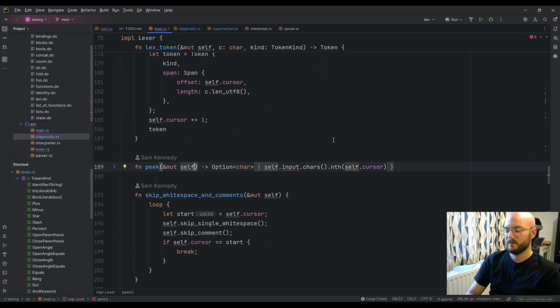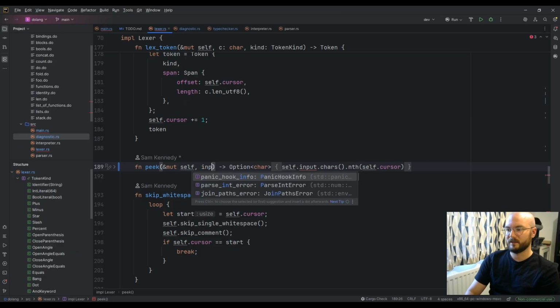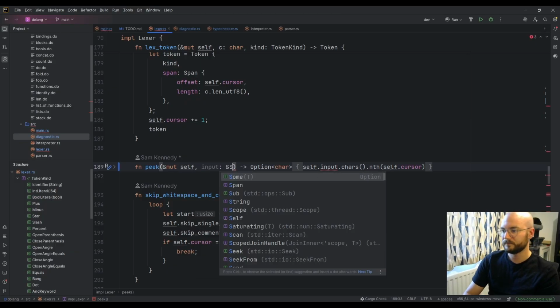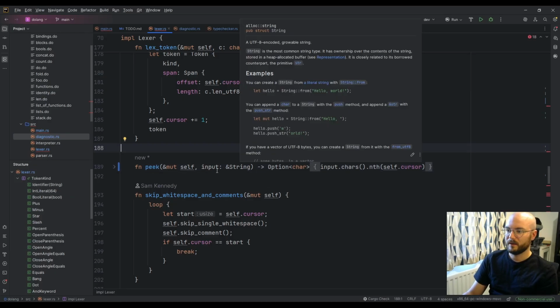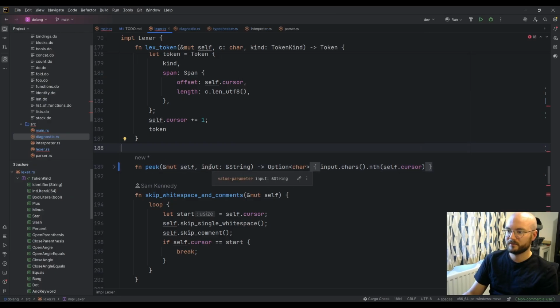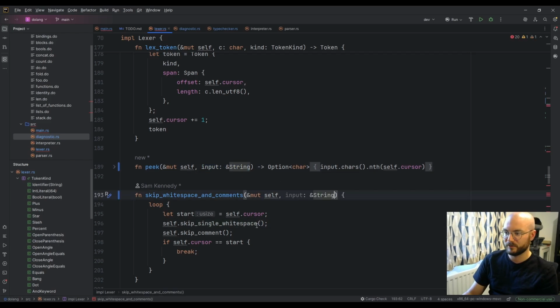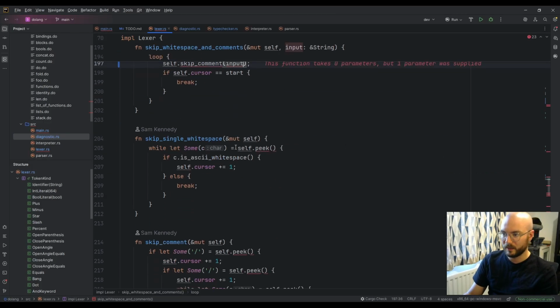We also need to take the input. Skip whitespace and comments. We also want to pass in the input so that we can pass that into here. They don't need it yet, but they will.